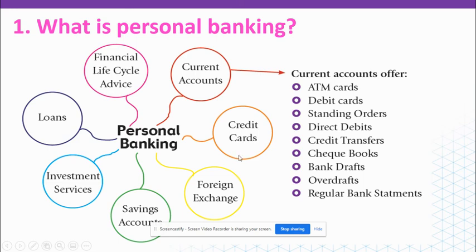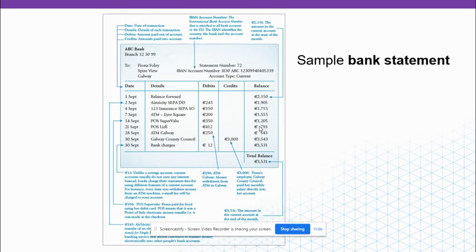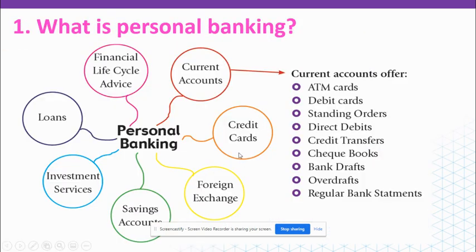Okay, so people can get credit cards maybe because they find it better to manage their money. But a credit card again is when you go to buy your chicken fillet roll in Spar and you use a credit card, the money is not coming out of your account. Okay, it's going onto a bill which you pay at the end of the month. Okay, so it's basically paying for stuff